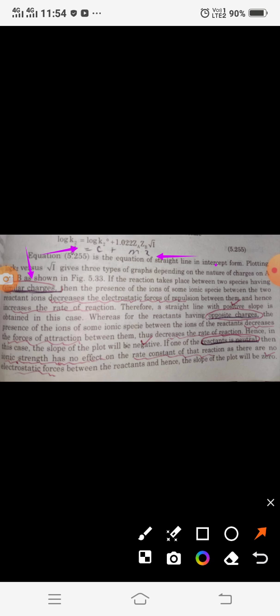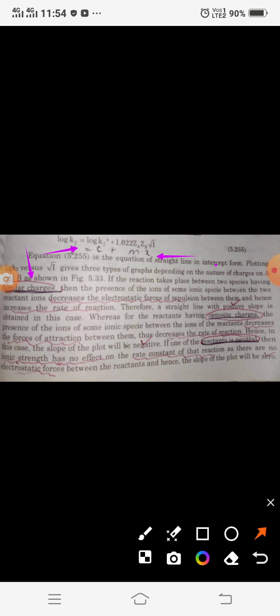have similar charges. It means that when the substances have similar charges, these two substances will repel each other, will have repulsion forces between each other, and if we want to carry out the reaction, this repulsion must be reduced. In order to understand the ionic strength, ionic strength means there are some ionic species, or charge carrying species, surrounding these reacting substances. It means that these ionic substances will decrease the repulsion forces between these two similarly charged